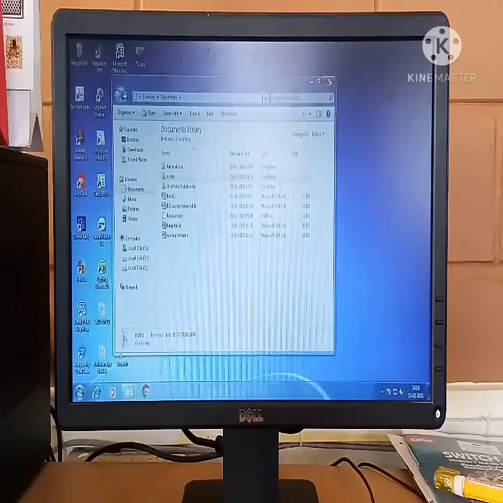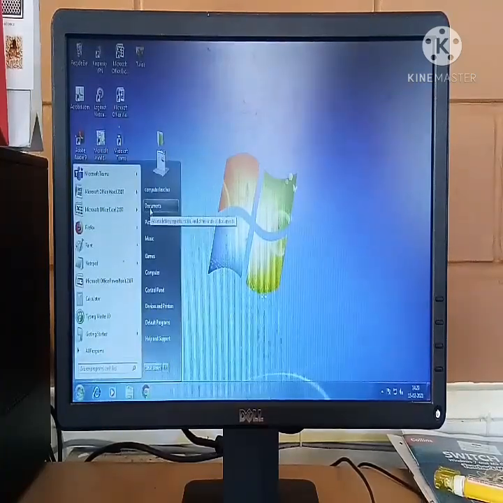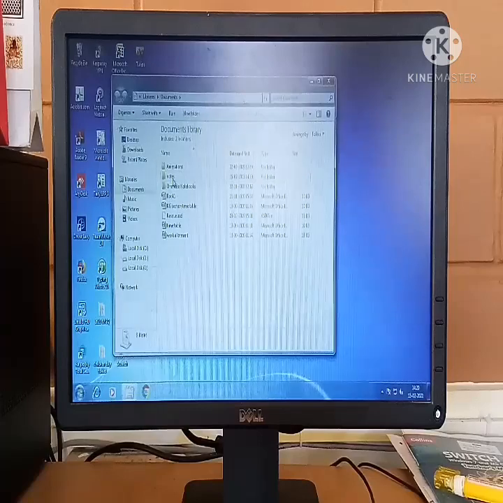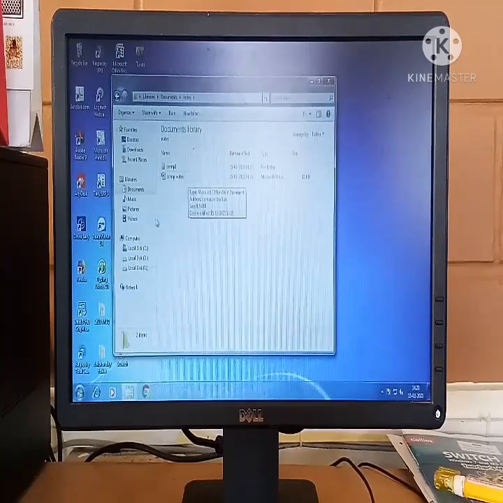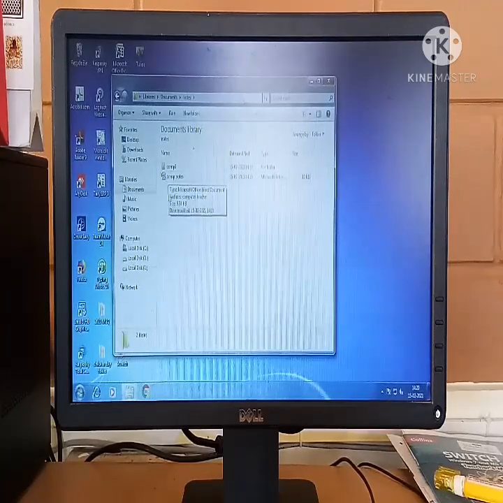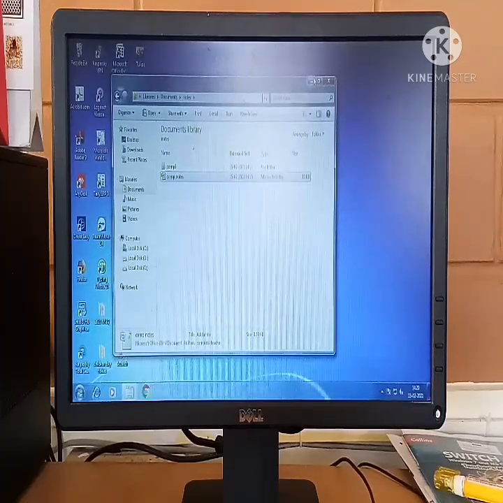I have notes folder here also, and I have one more folder of the same here also, in the documents also. This is how I can copy the folder. If you tell me I want a copy of computer notes once again, you can keep your cursor on computer notes, open that folder, find which file you need, click on that file, right click on that file, copy, and you can come and paste anywhere.